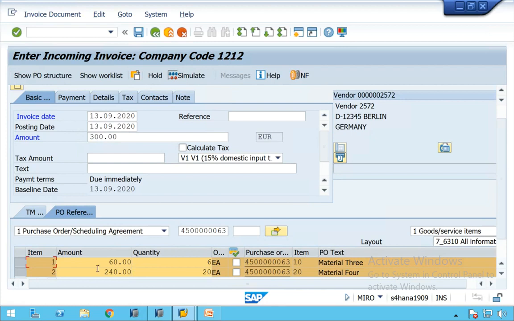This selection is equal to item OK in goods receipt. In goods receipt, if you choose item OK, then only it will be considered for posting, right? But in invoice, if you select the line item, then only it will be considered for posting in this document.